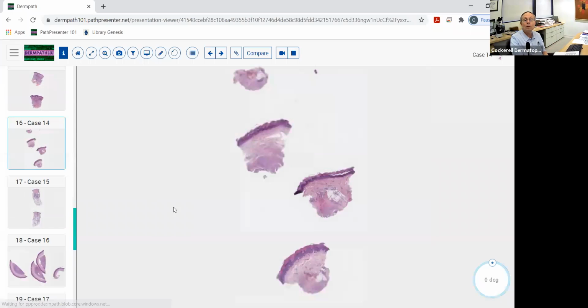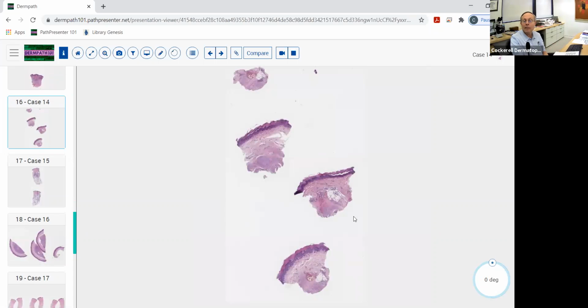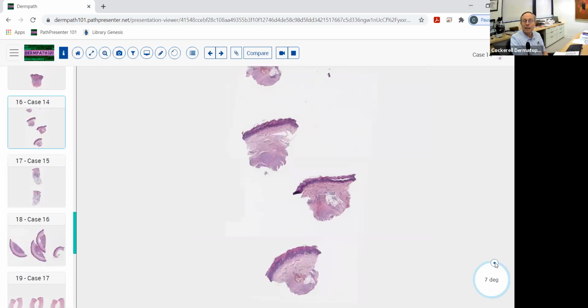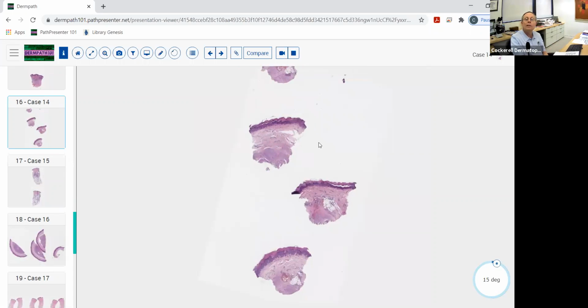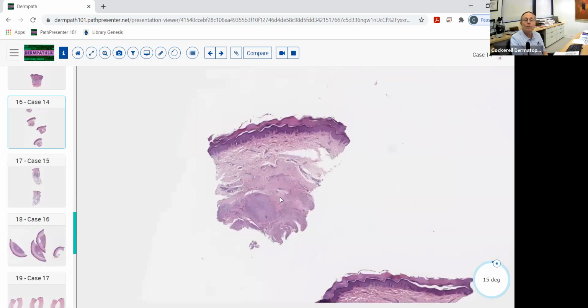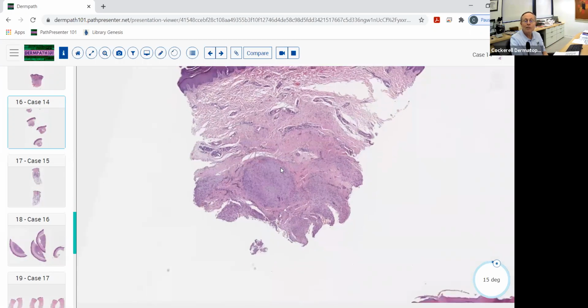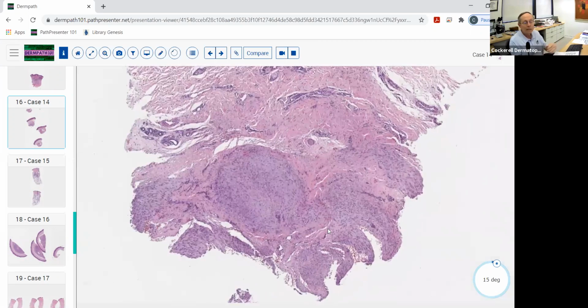Okay, switch over to this. And this is a lesion that is on volar skin. And this is one that you will encounter. And this is one that I think would be fair game on the board examination. I used to give a talk at the AAD on fat and bone and soft tissue fibrohistiocytic neoplasms. We'd always include this